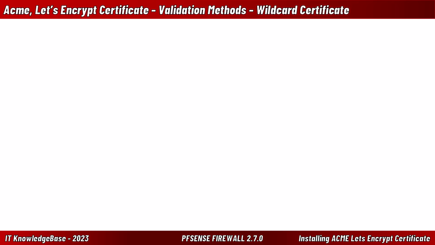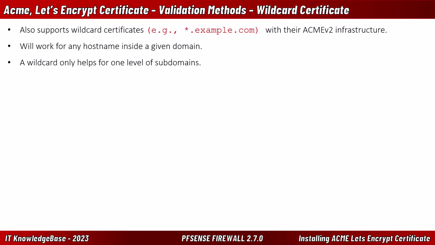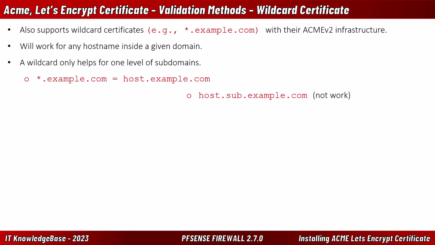Validation method wildcard certificates. Let's Encrypt also supports wildcard certificates, for example, *.example.com, with their Acme version 2 infrastructure. A wildcard certificate will work for any host name inside a given domain, which helps with handling certificates for multiple domains. A wildcard only helps for one level of subdomain. For example, *.example.com will work for host.example.com, but will not work for host.sub.example.com. If hosts are structured in this way, a wildcard certificate is required for each subzone, for example,